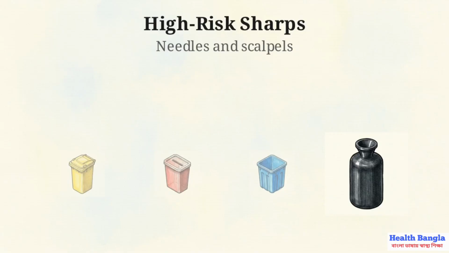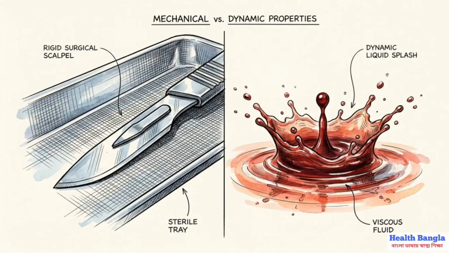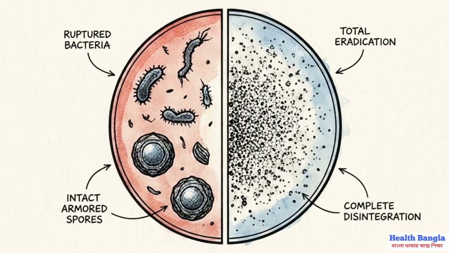Liquid biohazardous waste requires an additional engineering layer, collected in leak-proof primary containers placed inside secondary vessels to prevent spills. Stratification physically separates distinct threats, such as sharp metal versus fluids, so that the correct destruction method can be applied to each specific stream. The ultimate goal of this pipeline is decontamination, the complete removal of pathogenic microorganisms from an object. Decontamination is split into two